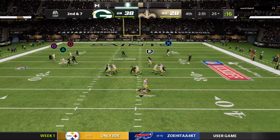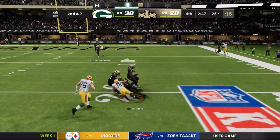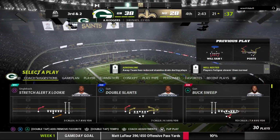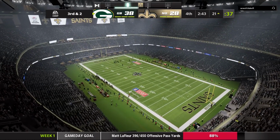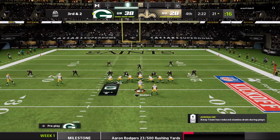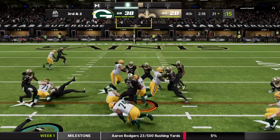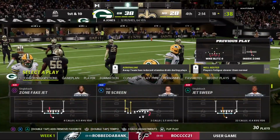From the 25 on 2nd down, Rodgers flushed to his right. And he'll be brought down at the 21, just shy of the 20 in the red zone. He'll end up getting 5 out of that, but now they're looking at 3rd down. 5-yard pickup on the play. And it's 3rd down. They'll try and run for it with Jones. And he is going to have the 1st down, and that is going to suck the life right out of